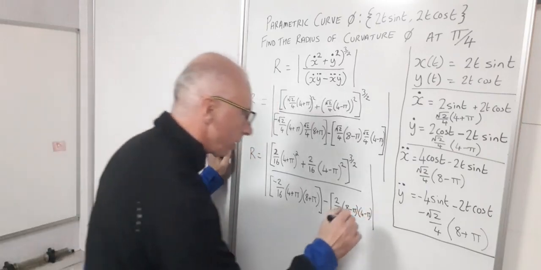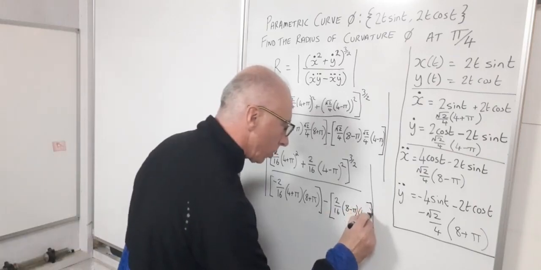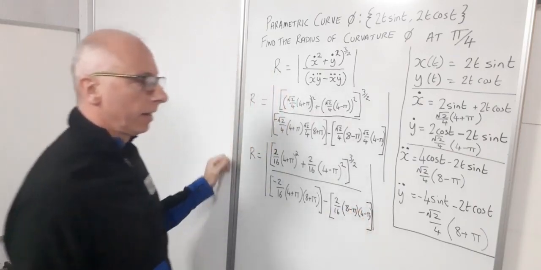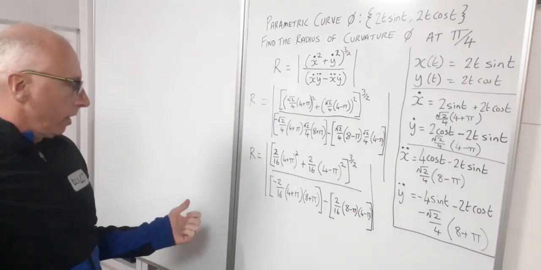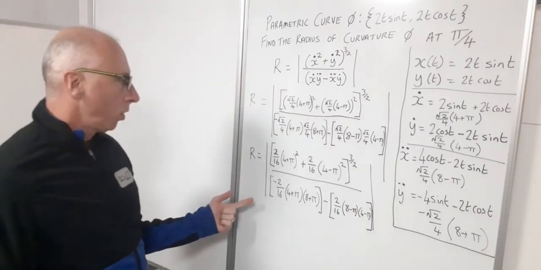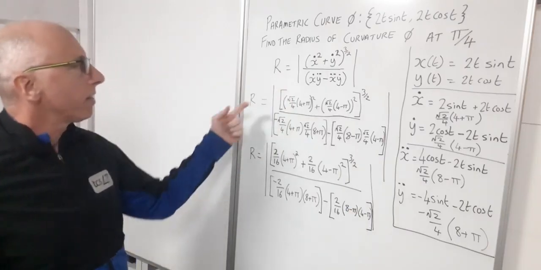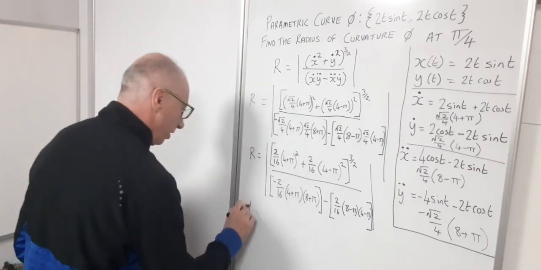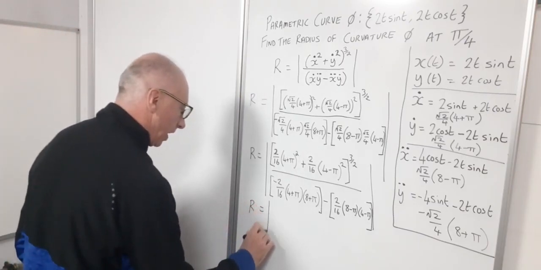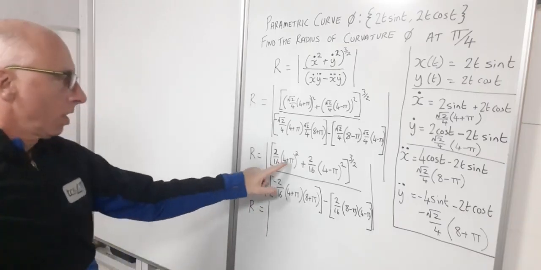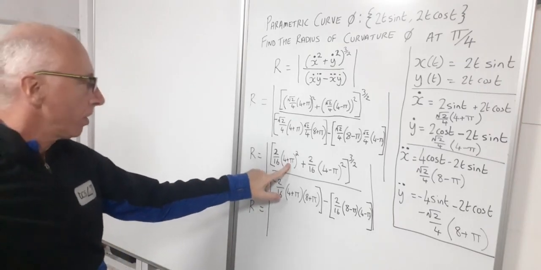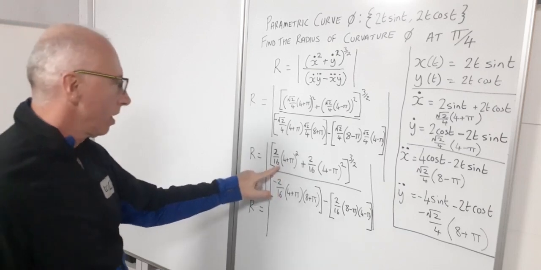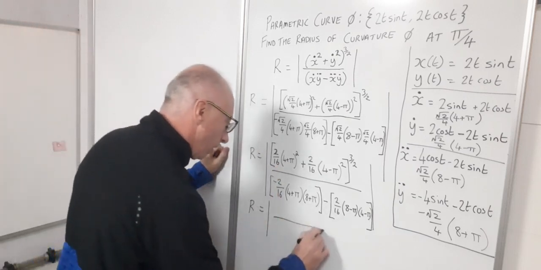Okay, and that's all inside the square bracket. I can just squeeze that in there. Right, okay. Let's do one more line of working and let's bring it back up the top and clear some space. So let's do another line here. So now the radius of curvature equals, we can expand these out first and simplify this. So we've got 1 over 8,